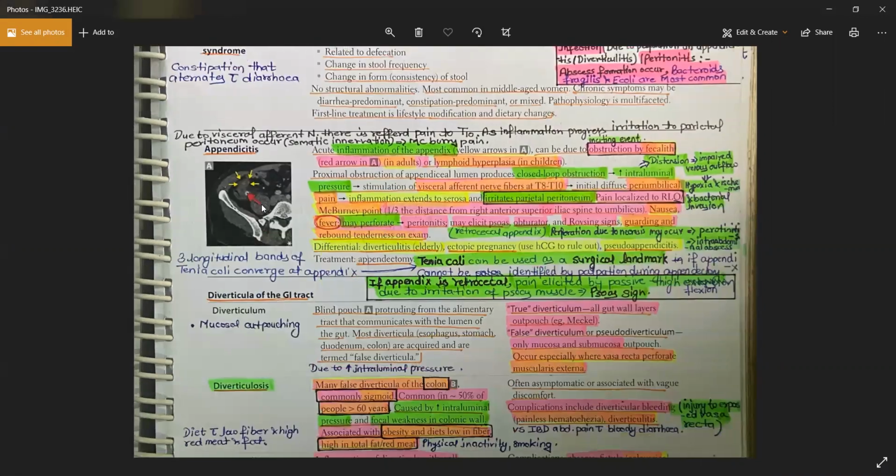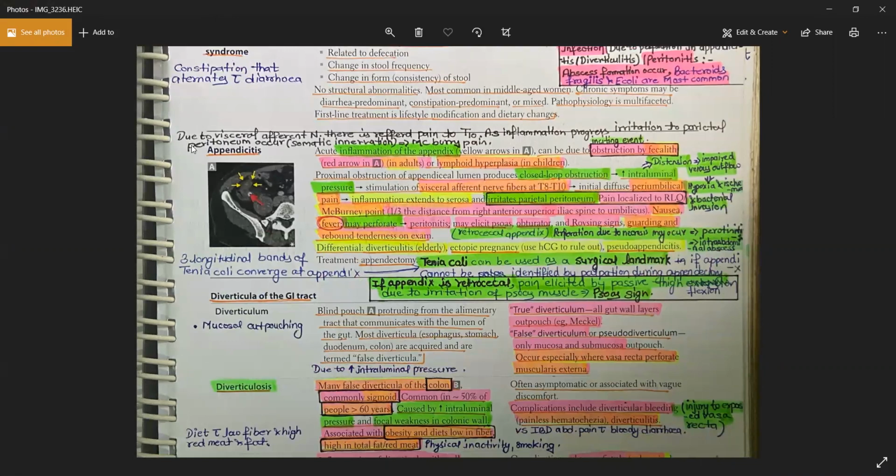Then comes appendicitis. Appendicitis is basically the inflammation of the appendix. And there must be a cause of the inflammation, right? The most common cause is basically obstruction by a fecalith. Whenever you have this obstruction,